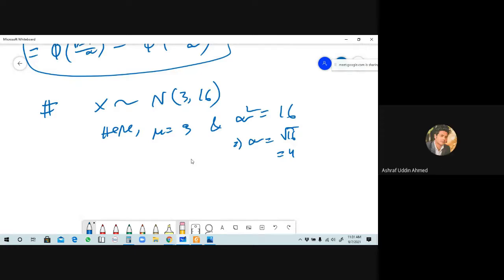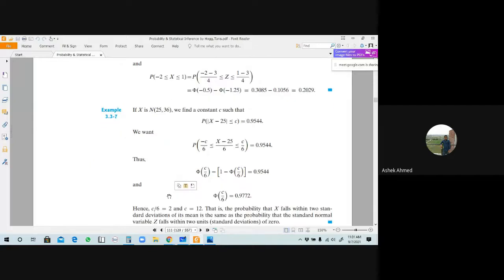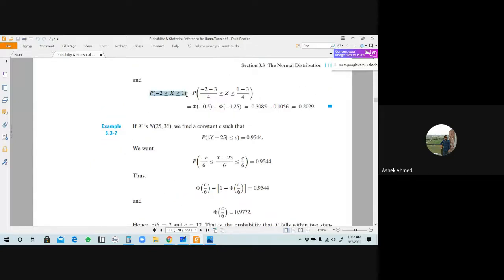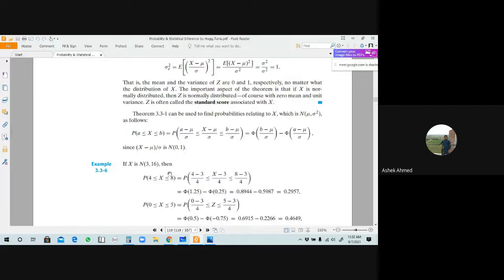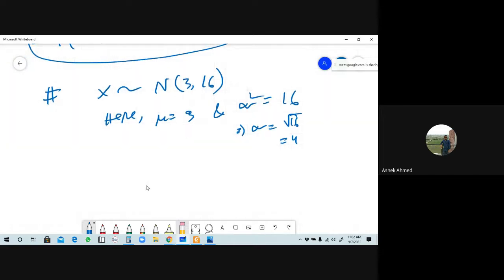Yes, sir. Yes, sir. Now you have to solve any question. This is a question, this is another question. Okay, this is also another question. Okay, I will solve this problem. I think if we are able to solve this, you can also solve any problems here. You can do this easily. I will do one of these, then I hope everyone can do it. Okay, the last problem is here: probability of -2 is less than or equal to x is less than +2. Okay, so from here we can say that